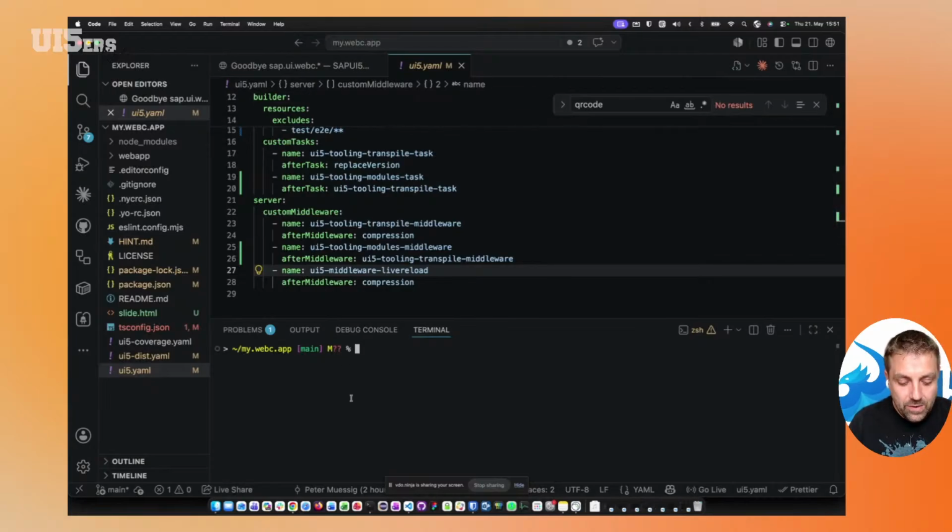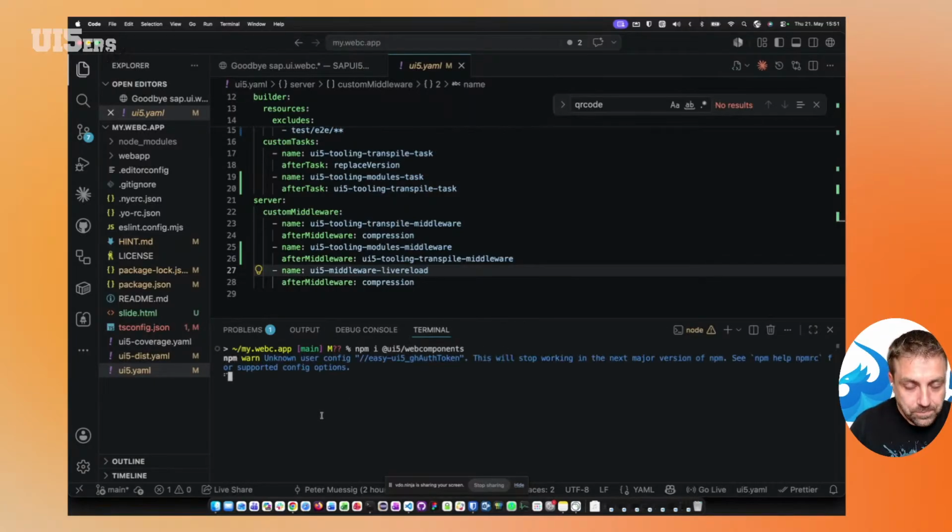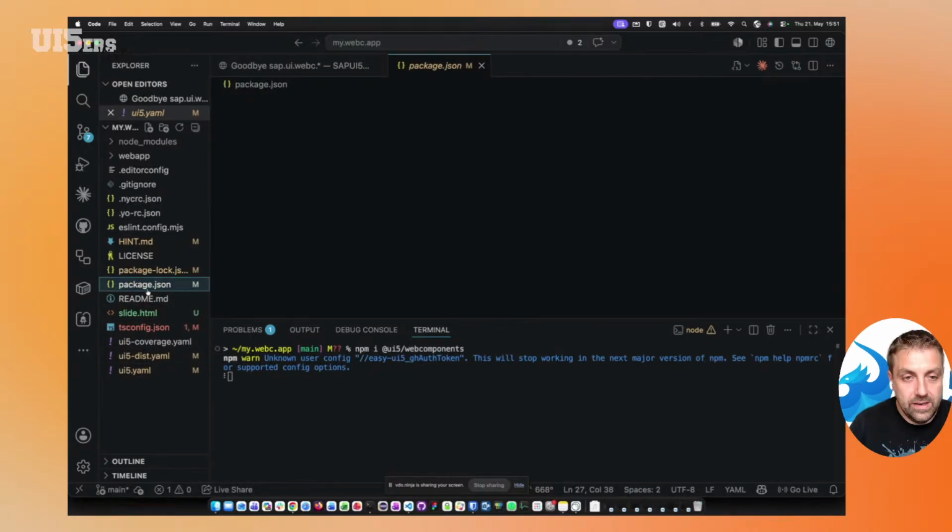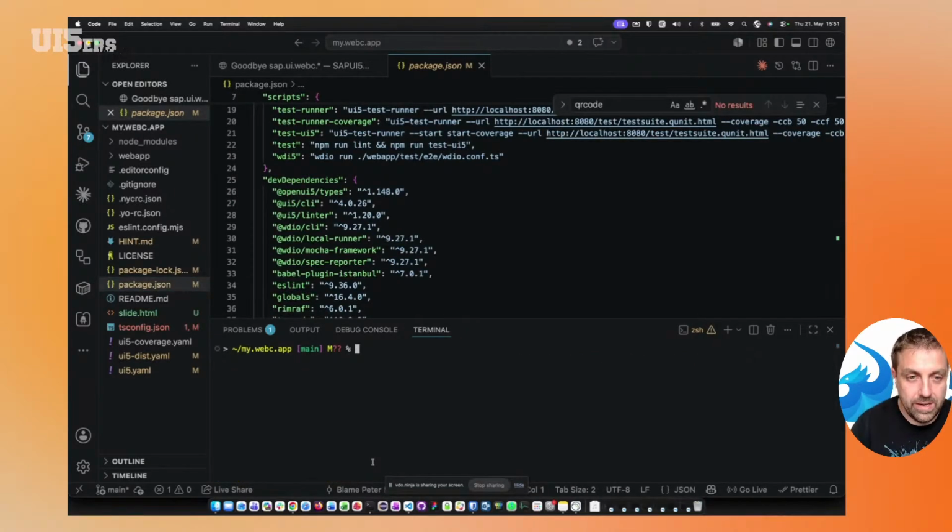So as a next step, when I want to use the web component, I install the web components package from NPM. Very easy, just as a normal dependency of the project. And with this, I will have the package available, and I can immediately consume it in UI5 with UI5 tooling modules, third-party packages like that. But